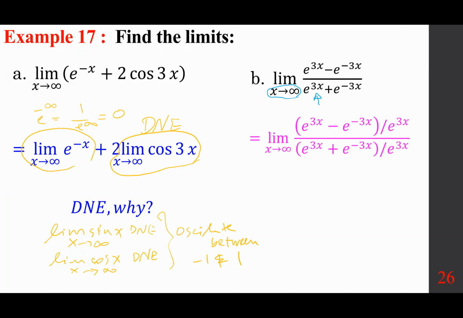And I want you to observe very closely here as to what happens. When you divide this one by e to the power of 3x, this gives you 1. When you divide this one by e to the power of 3x, and I'm going to write it up here because I want to make sure everybody understands why we get e to the power of minus 6x, and with the sign, whatever that one is. This one also gives you 1, and this one with the proper sign plus e to the power of minus 6x, because when you divide these two,